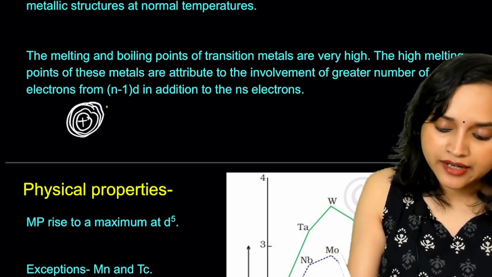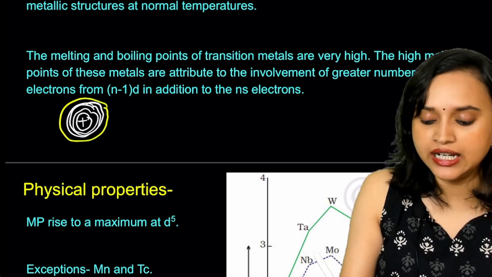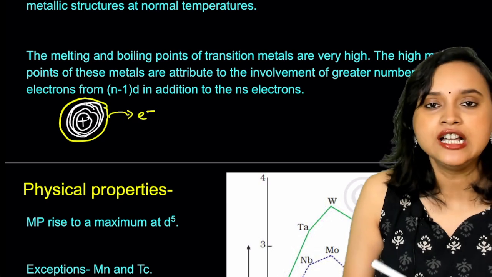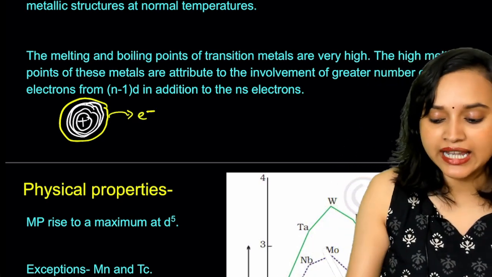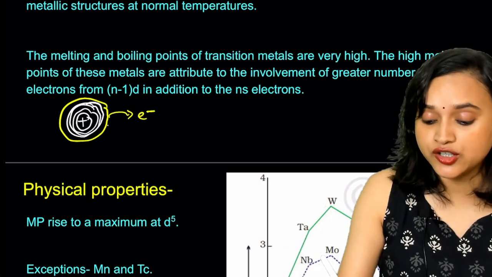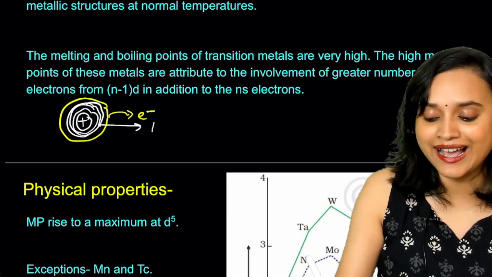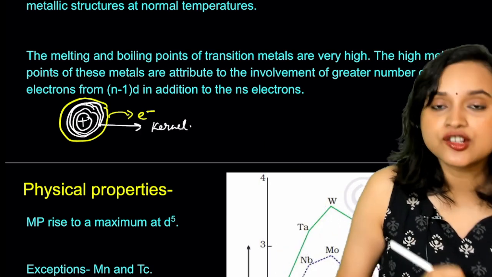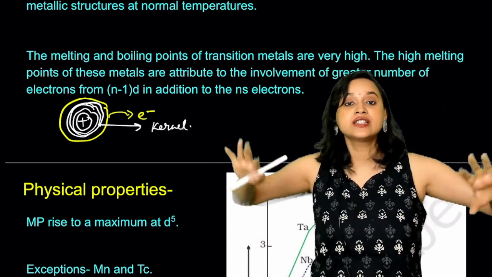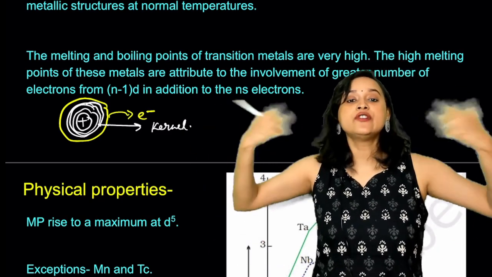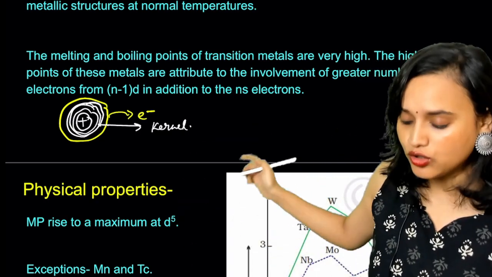Now suppose that from the last shell it has lost electrons. Now the white part that is here, after losing the extra electron, this is called a kernel. The kernel becomes slightly unstable, and they are further okay to give away more electrons. You will notice that in some time.